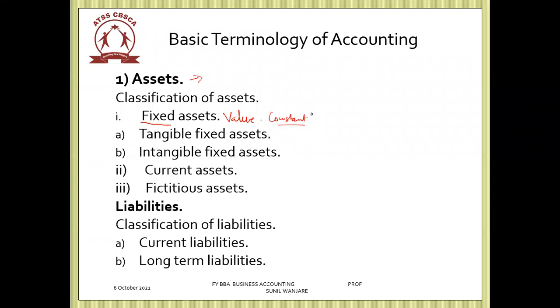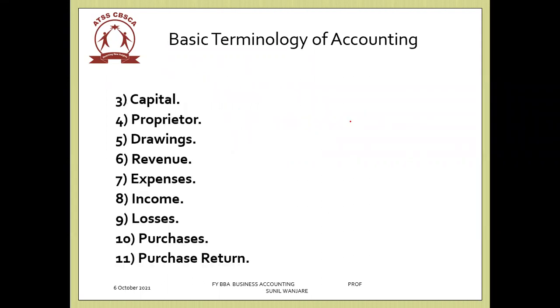Like in the business, cash keeps on changing throughout the day. Suppose I started my business in the morning with 1,000 rupees cash, and if I sell goods, my cash will increase. So this keeps on fluctuating throughout the day, and that is not a fixed asset. Fixed assets are usually constant in a year. They will change only when we sell a part of that asset or buy a new asset. So fixed assets are those assets which have a constant value for a financial year, from 1st April to 31st of March.